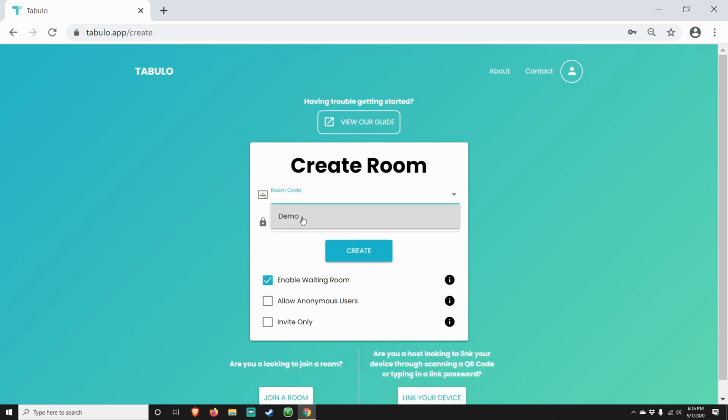So let's go ahead and create a room. Password 123. I will allow anonymous users, and I will just make it invite only. So here, I create a room,